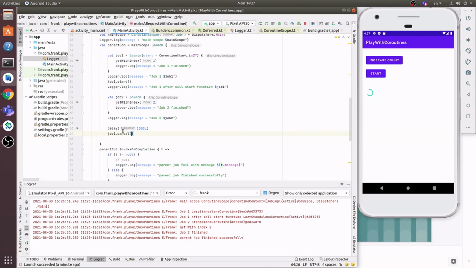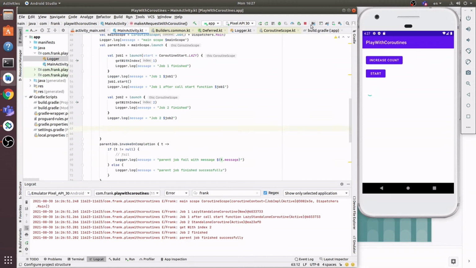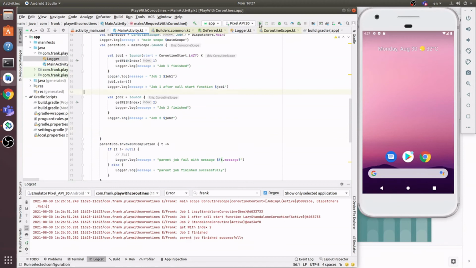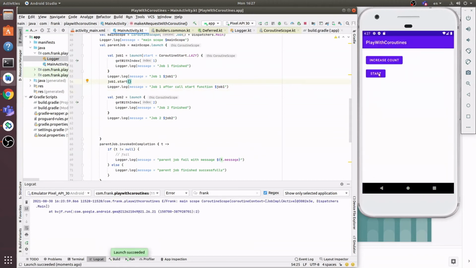Sorry, we need to remove the cancel function here before we run our application to make sure that job 1 will not be cancelled. Click on the start button,